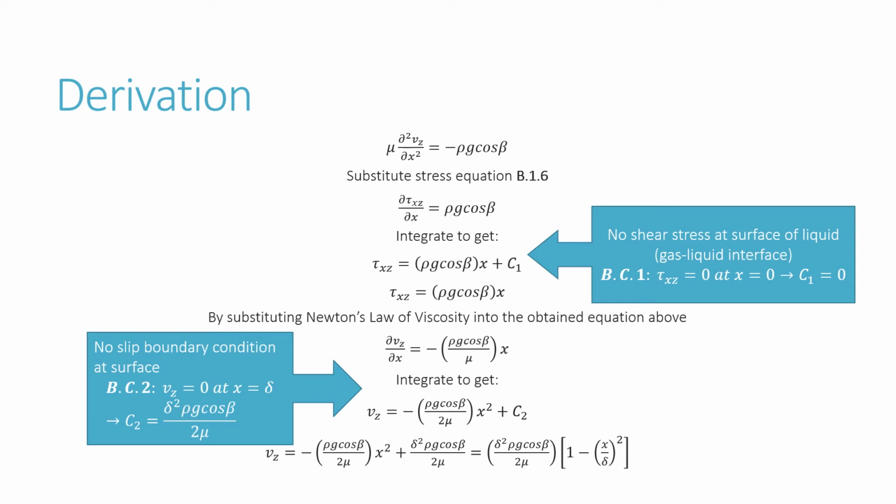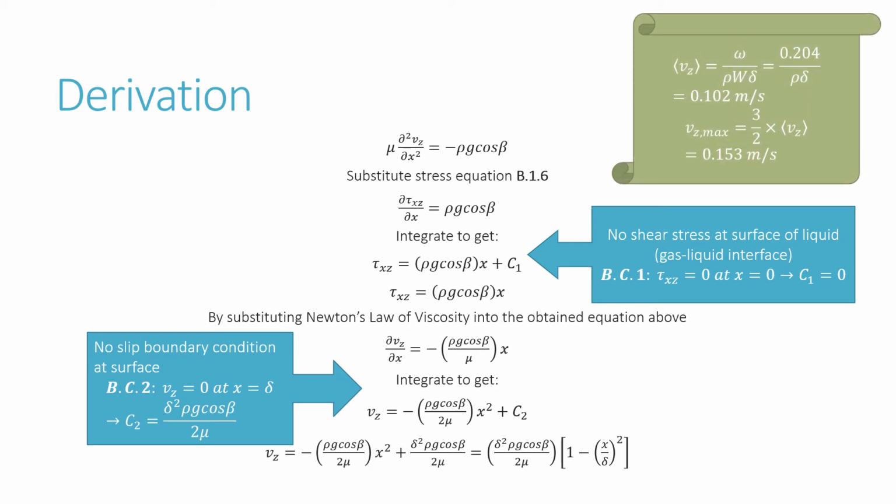C2 is this expression, and then we substitute it in the found expression. So after this we can find the value for Vz in brackets, and Vz max will